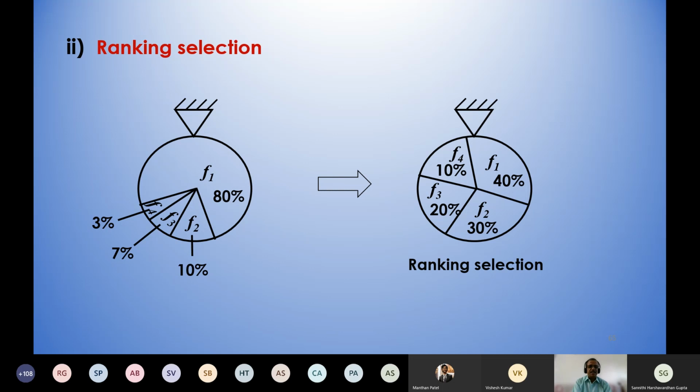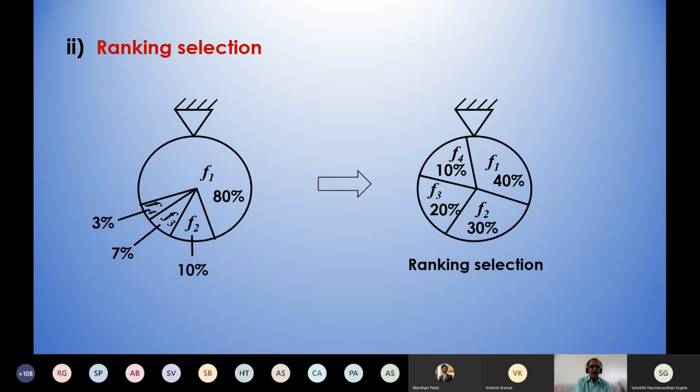Now, based on the fitness, according to the roulette wheel selection, if I calculate the probability values, for the first string, the probability of getting selected is 0.8. For the second string, it is 0.1. Third string, 0.07. Fourth string, it is 0.03. And if you sum the probability values, you'll be getting 1.0.